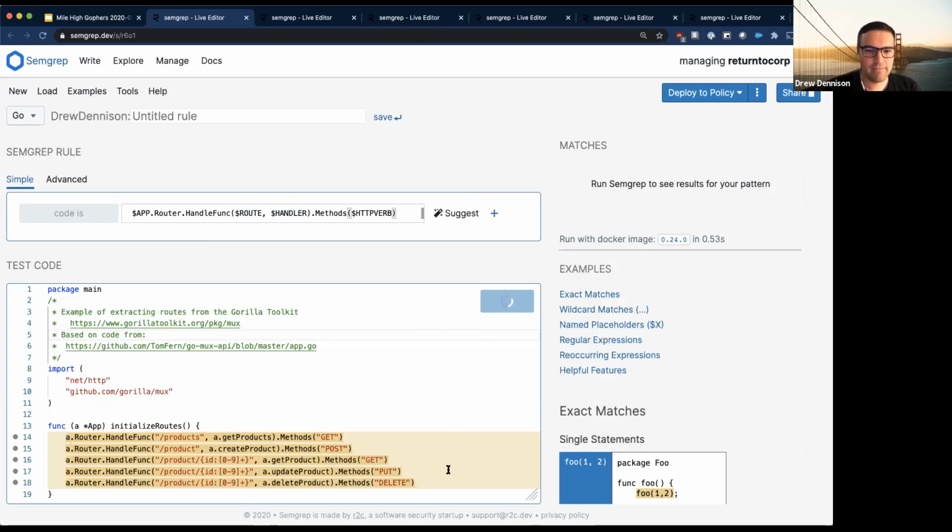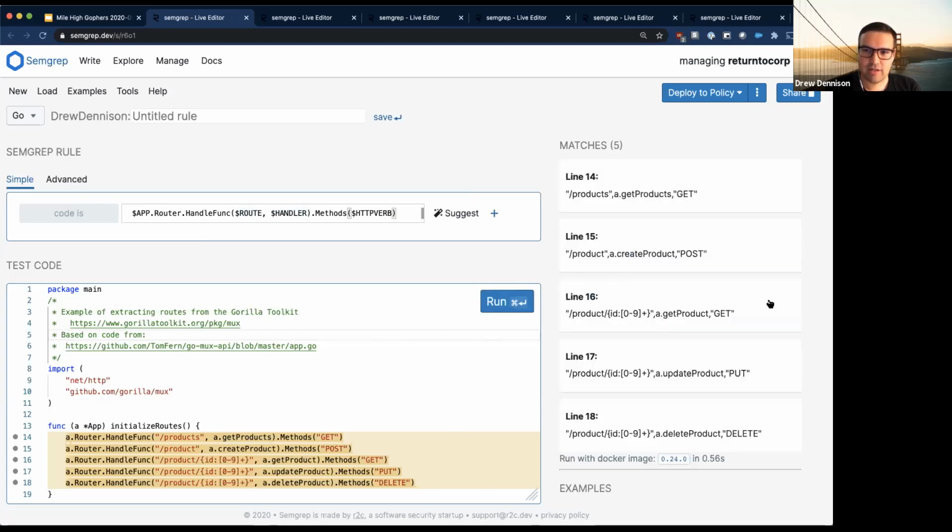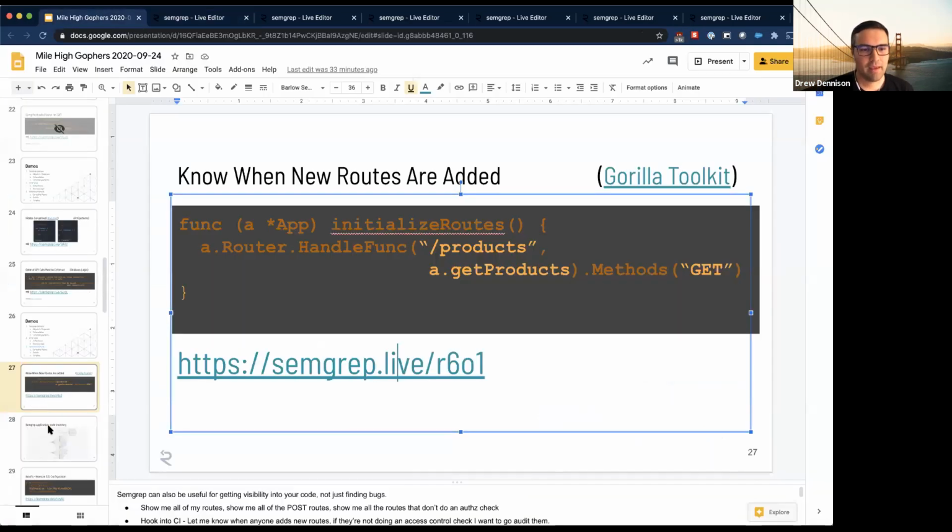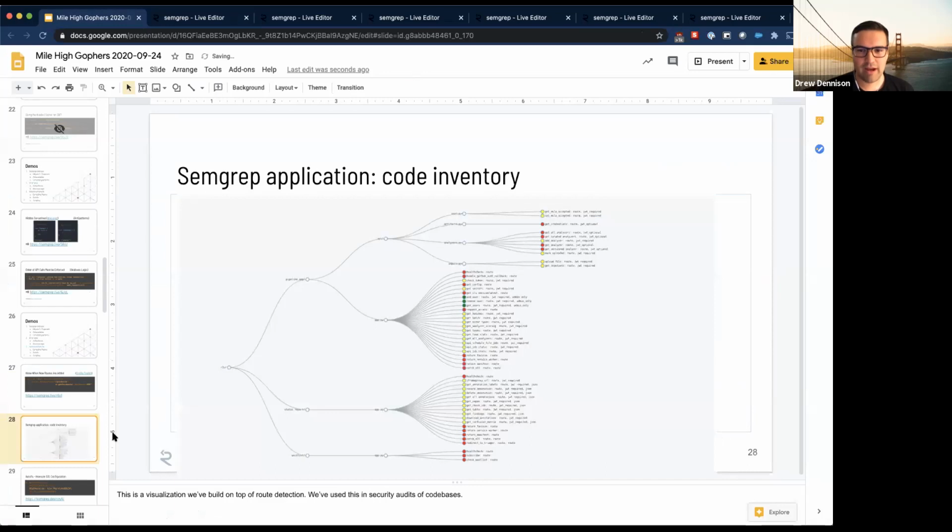If I run it, you can see it matches, and we're using that same message interpolation here to show you the variables get pulled out as different parts of the program, and I can do some further post-processing. This is obviously not like a GoSec rule where I'm trying to say this version of TLS is bad, but I'm going to start combining it in a way that I think is interesting from a security perspective. So I extracted that out, dumped it to JSON, and then imported